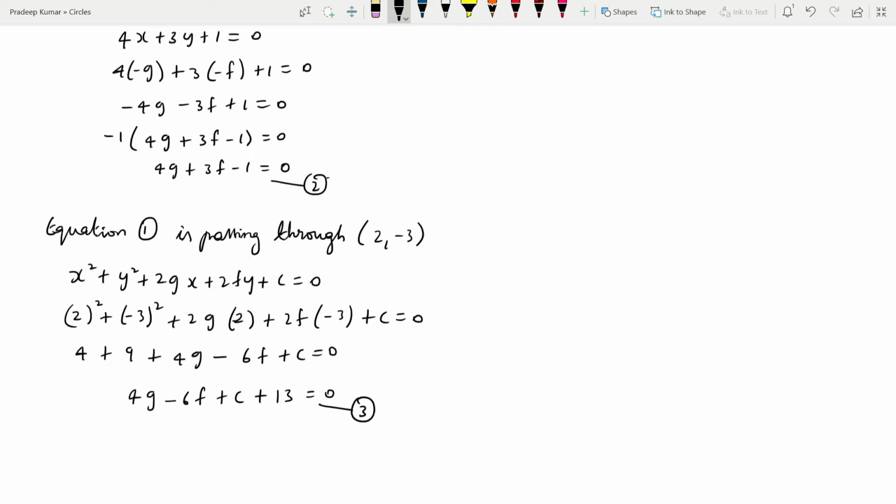Okay, so there is one more point. That point also we will substitute. So I can write here, equation 1 is passing through